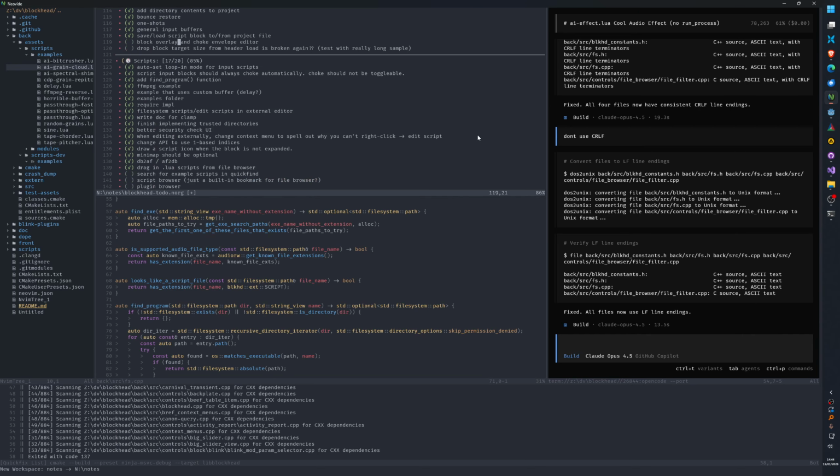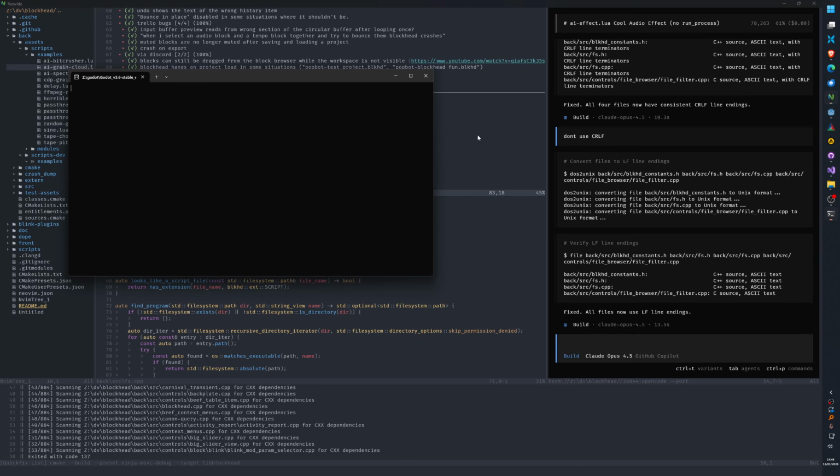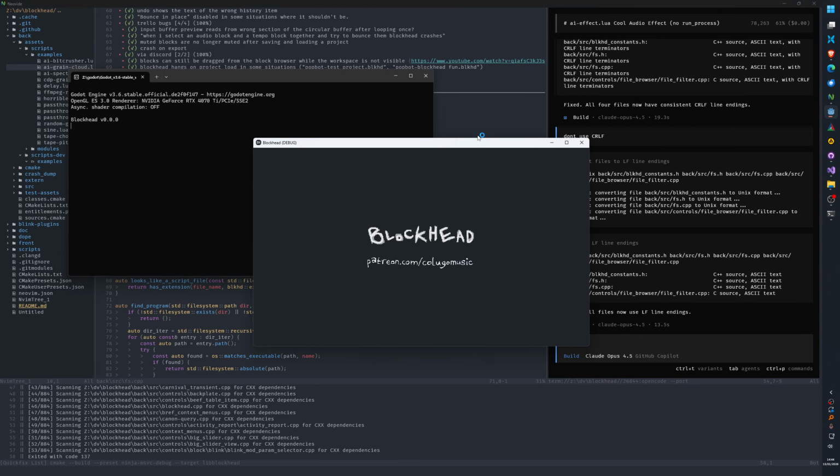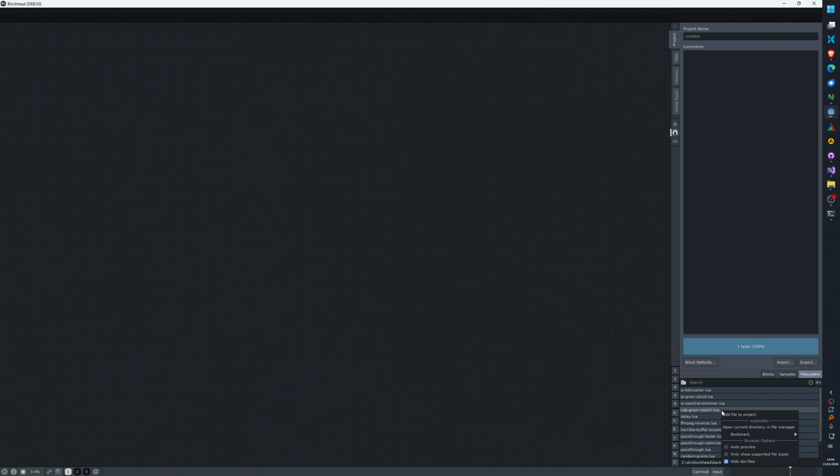Need to fix all the problems with the overlay and the choke editor. Okay, didn't work.